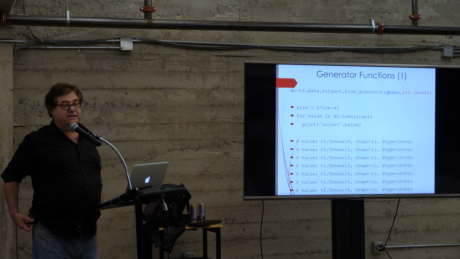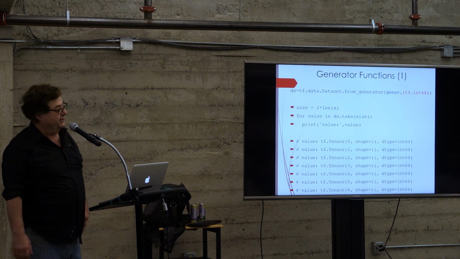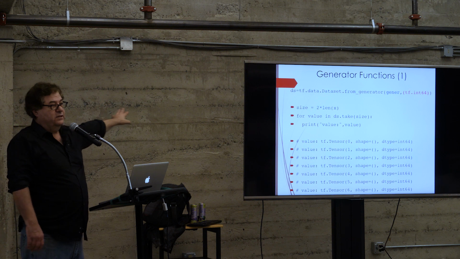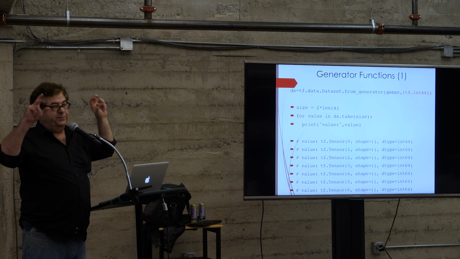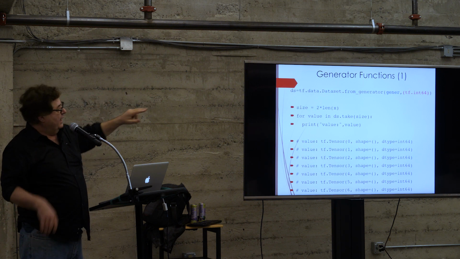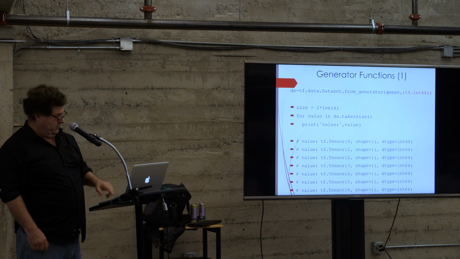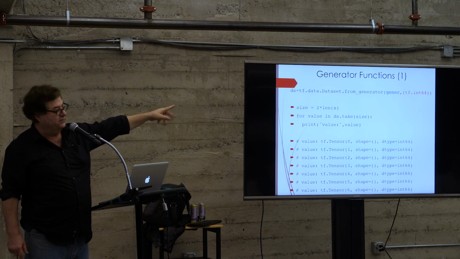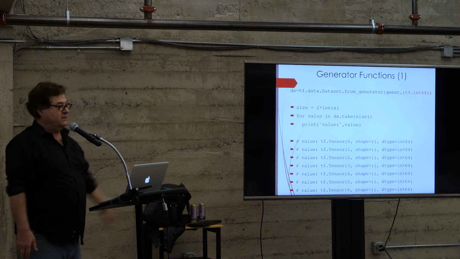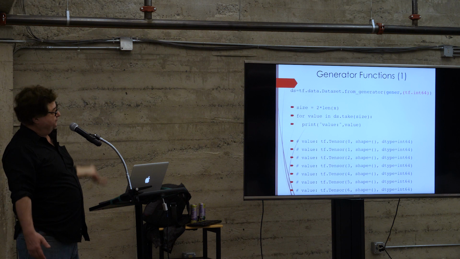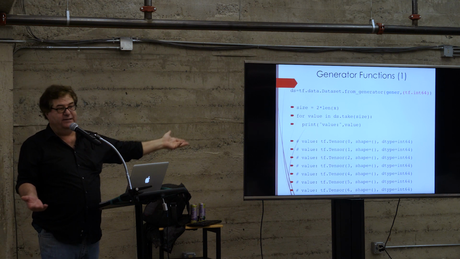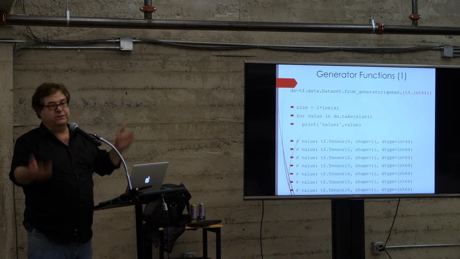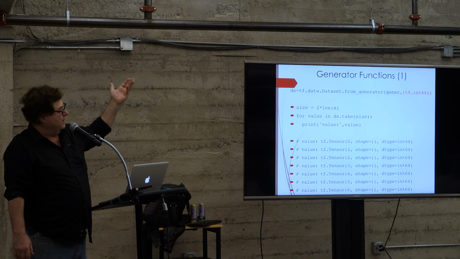It is different than the other ones, because now it says from generator. So that means there's a Python function that's going to be like that pipe, the producer. And it's, in this case, called gener, which is this. And it's got tf.int64. This is necessary because this is the way they decided to specify what the return type is. It's going to return an integer. It's going to be tf.int64.